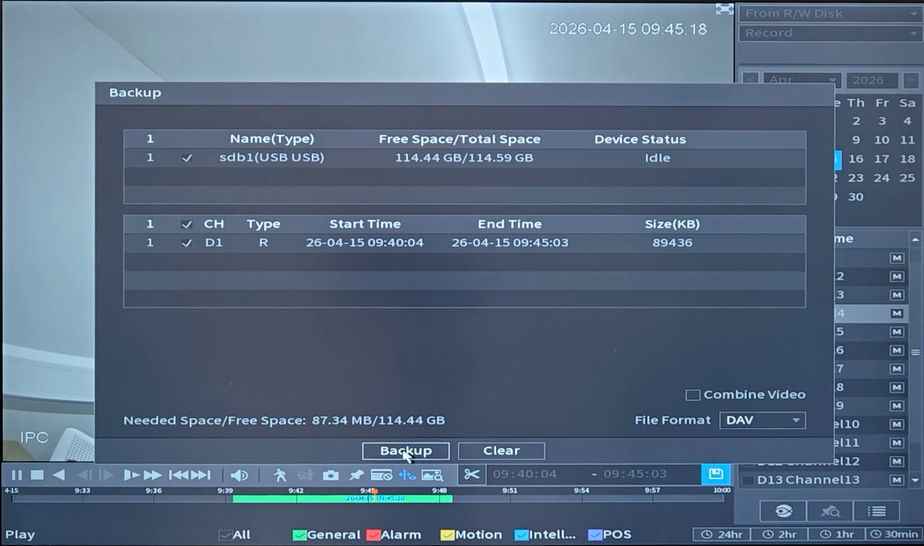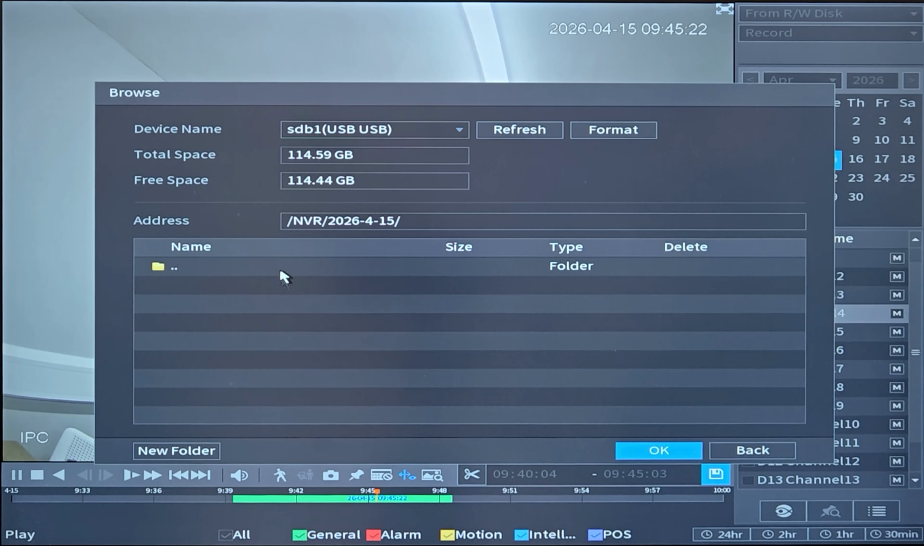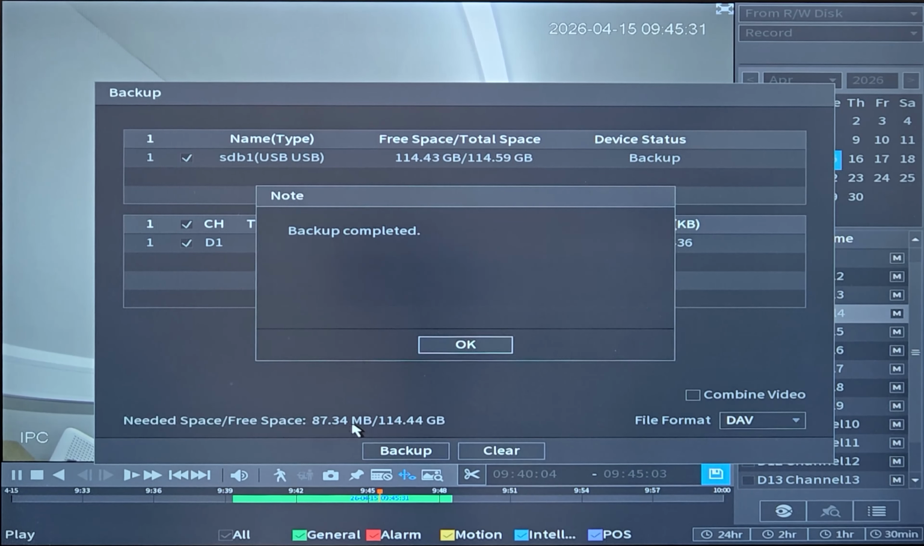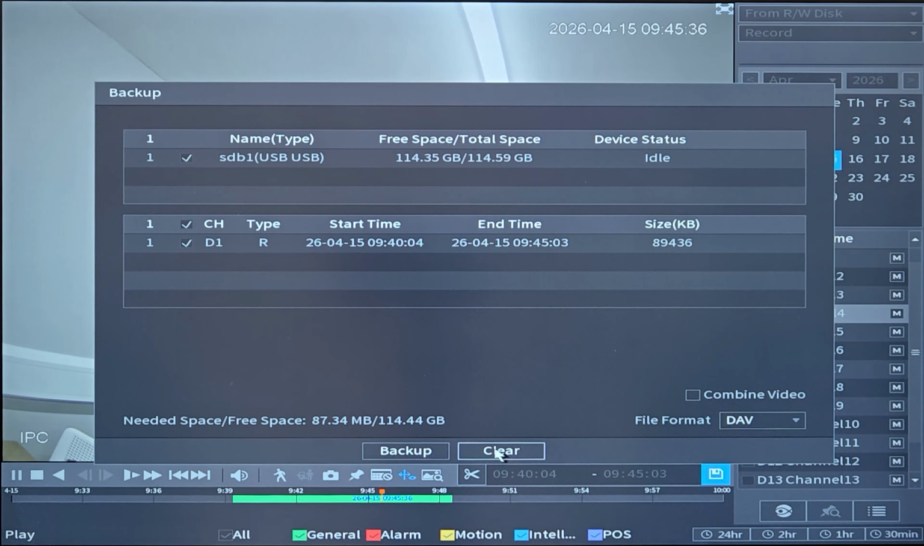If I go back up, I don't have a folder structure on this USB stick, but you can obviously choose which folder you would like to go into. Okay, and that's already done. I now have 5 minutes of footage on my USB stick. Next, let's go to the PC view so we can see what we have on the PC and how to